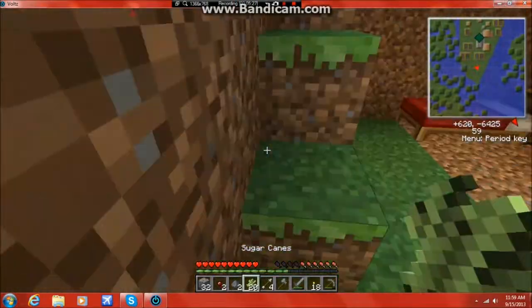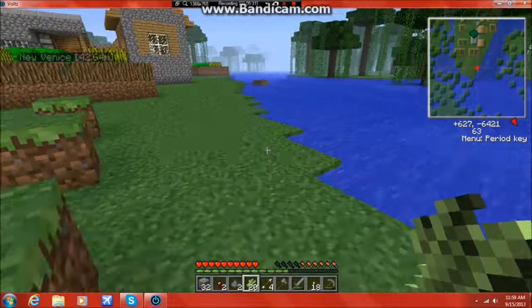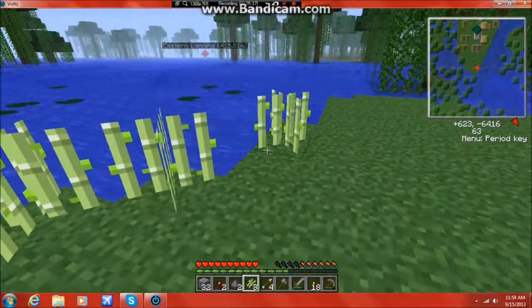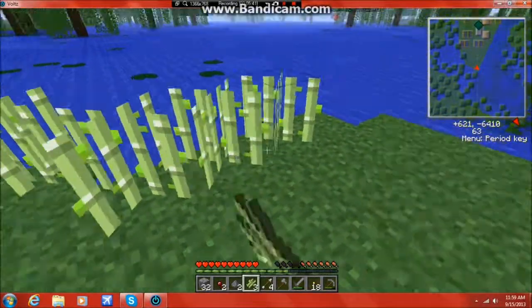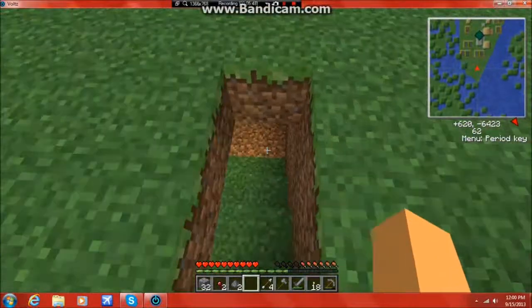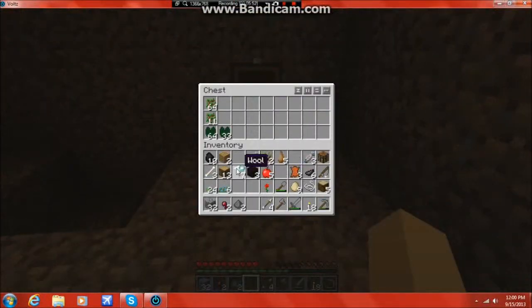Oh, just now remembered. Sugarcane. We want to make the map. Now when that all grows, it should give me 60 sugarcane, which should be plenty enough for one map. But of course I need redstone, so...